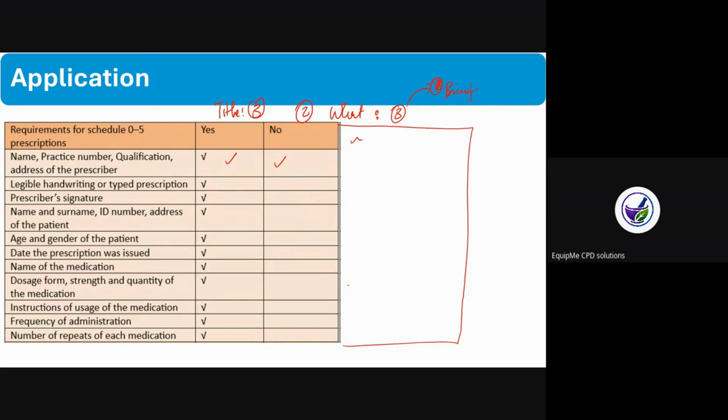Okay, what did I then do? I checked each requirement according to the checklist I created. When the doctor provided the requirement, I ticked it. If the doctor did not provide it, I ticked no. Okay, this is linked to behavior statement A or B or C. You are providing all the requirements from that behavior statement. Okay, so now you then have a prescription. Now you want to show the assessor how you applied those requirements.